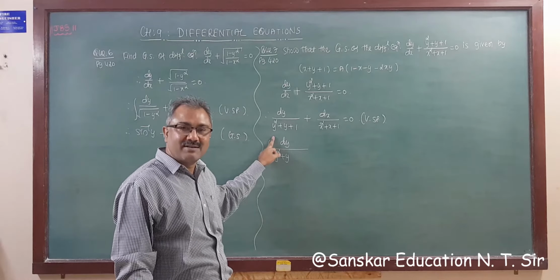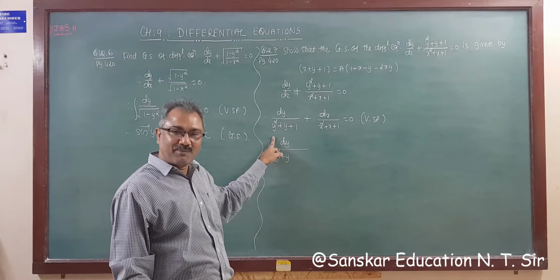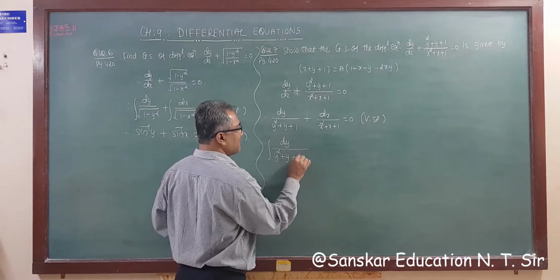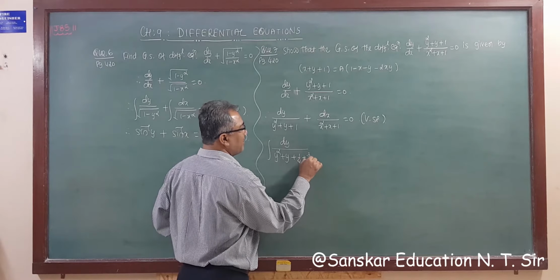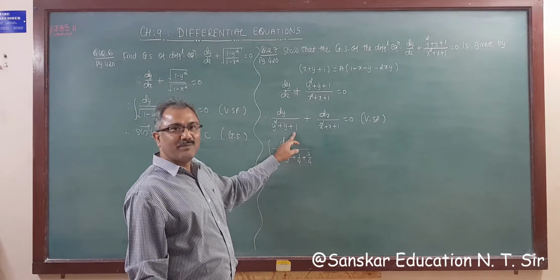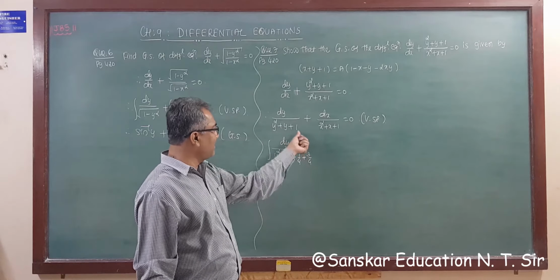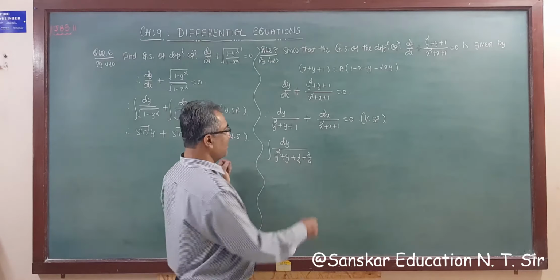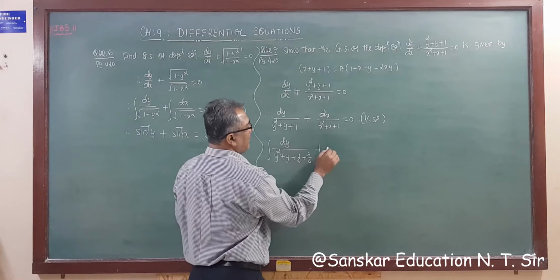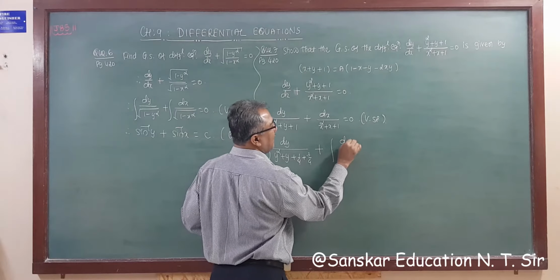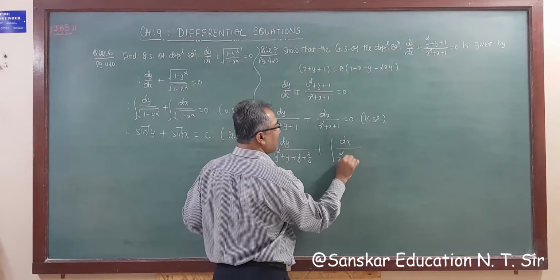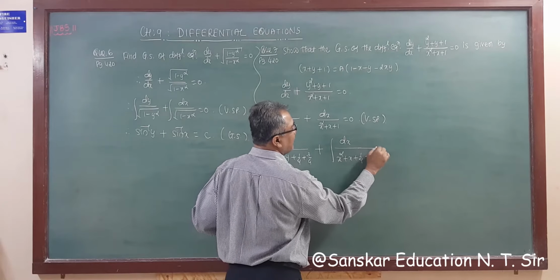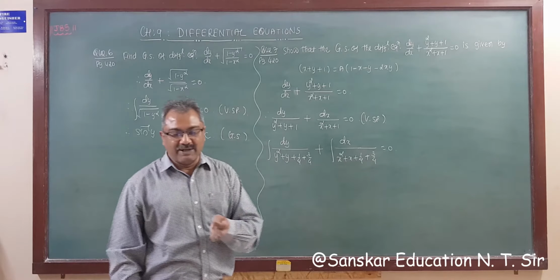This is a quadratic equation. We need the last term. The last term is 1 upon 4. So adding 1 upon 4 and separating 1 upon 4, we get plus 1 upon 4 and plus 3 by 4, since 1 minus 1 upon 4 is 3 by 4. Then integration dx upon the same thing, x square plus x plus 1 upon 4 plus 3 by 4, is equal to 0. Any problem?